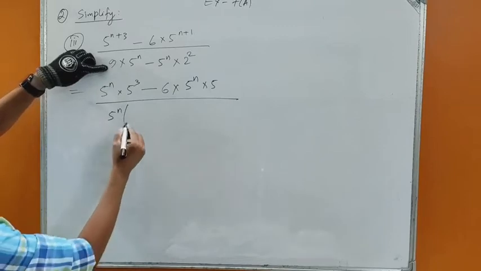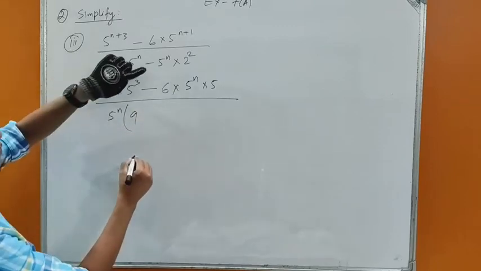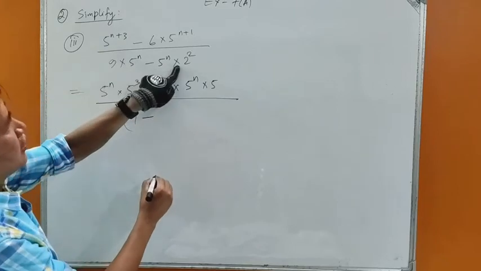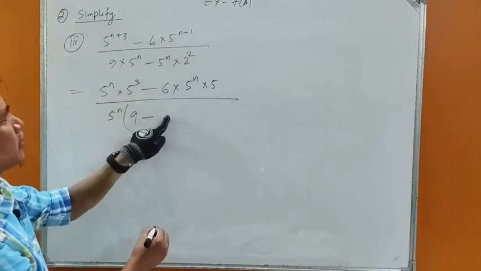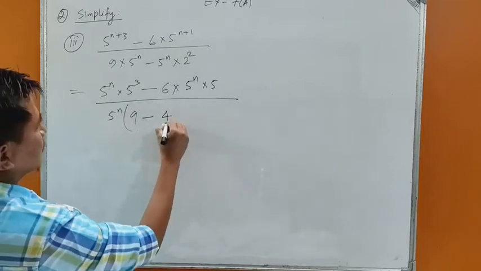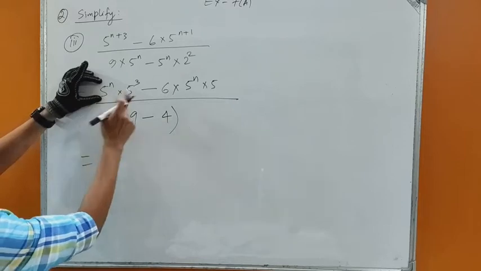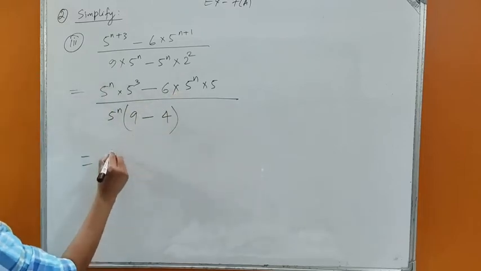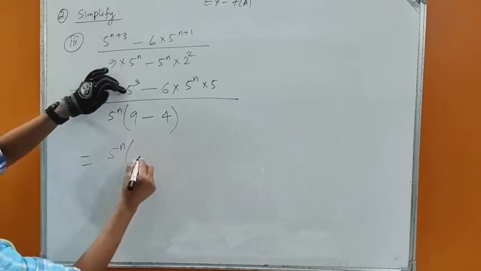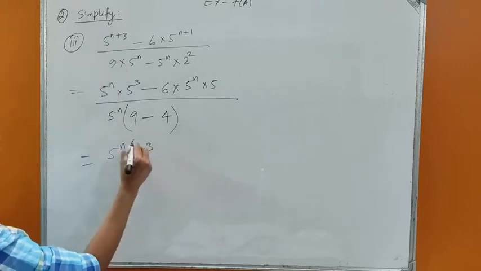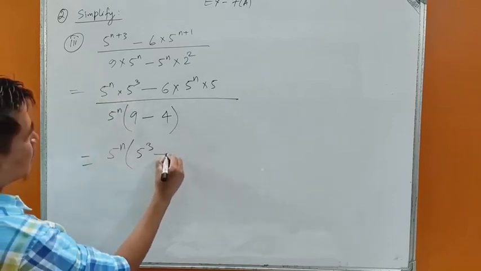Now what remains within the bracket? This 9, this 5 to the power n is taken out, minus 2 square is within the bracket. So 2 square means 4. Now from the numerator also 5 to the power n can be taken common. Within the bracket remains 5 cube, because 5 to the power n is taken common, 5 cube remains within the bracket, minus this 6